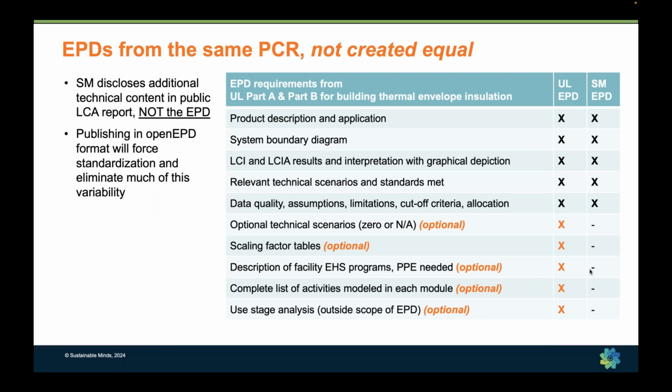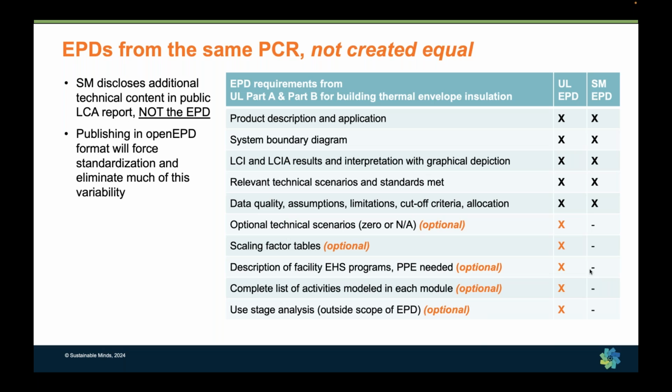So how are those two EPDs created from the same PCR so different? What's different about them is that there's a lot of optional content in the UL EPD that the LCA provider determined they wanted to include in the EPD, which they can. It's optional, but it's not content that we chose to include in our transparency report